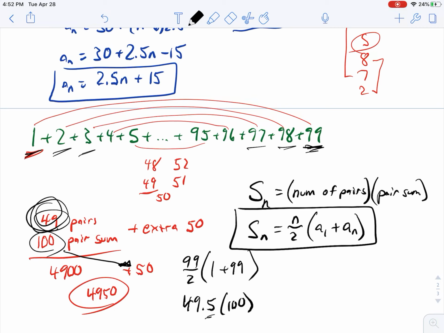Again, you might be worried about this 0.5, but check this out. It's 49. It correctly gets it that half of the pair sum is always going to be your extra number, because that extra number is right in the middle. It's always going to be half the pair sum. So if you have a decimal pair, when you divide by 2, it's going to work itself out because it's going to be multiplied by the pair sum. It will work. So